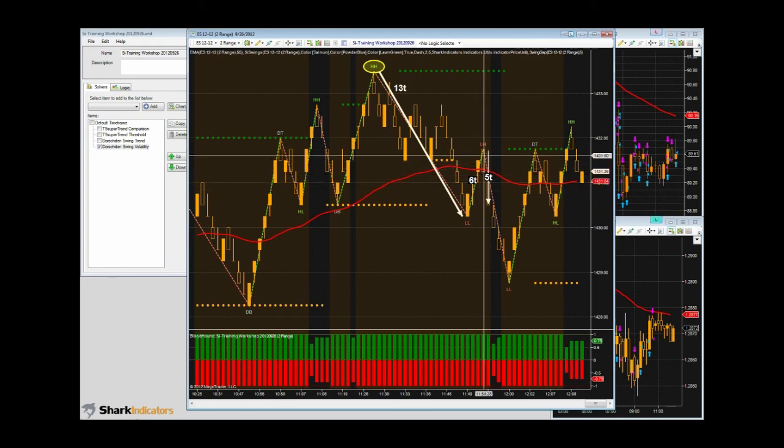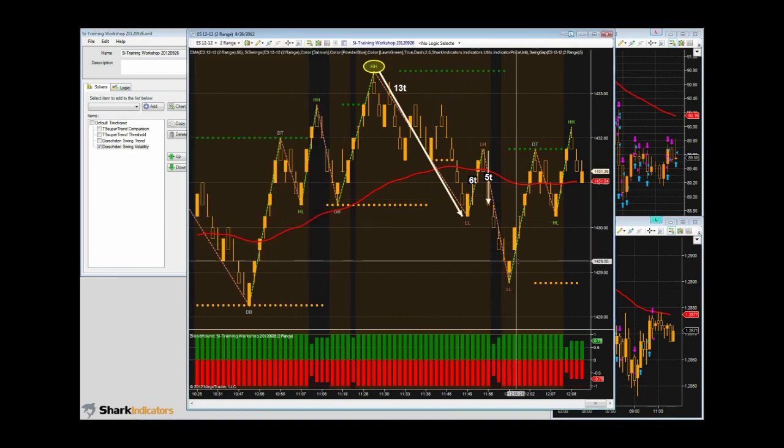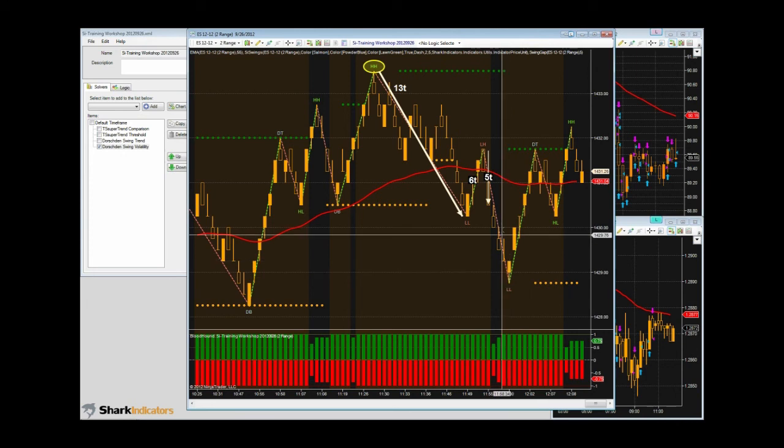So far, this upswing and the current movement of this downswing, the average is only 5.5 ticks. Therefore, it hasn't met our 8-tick requirement. Now, as soon as price gets down to here,